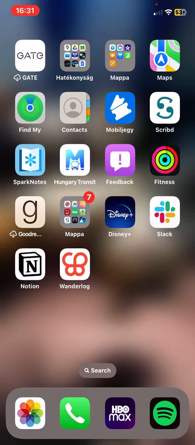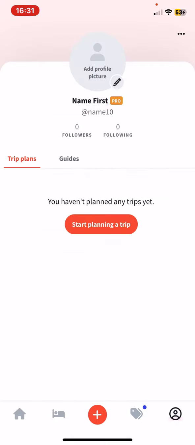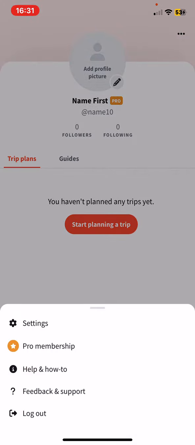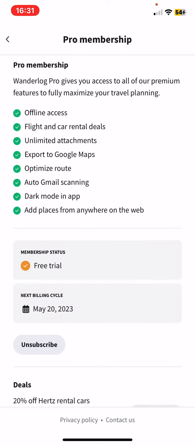First of all, open the application on your phone, and then click on the person button at the bottom of the page on the right, and then click on the three dots at the top of the page on the right, and then click on the settings button, and then click on the pro membership button,